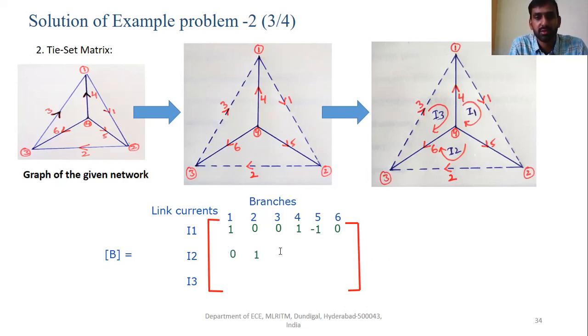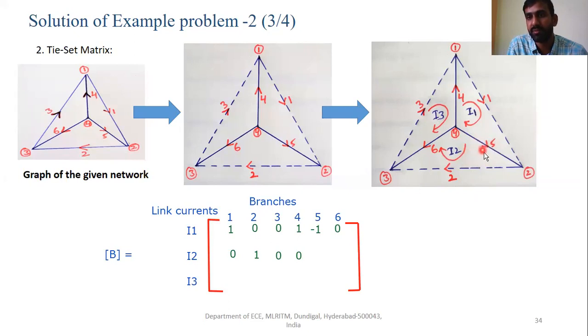So 1 is 0, 3 is going to be 0, and 4 is also going to be equal to 0. Now let us look into 5. What about 5? This is the 5, and the path is the same.